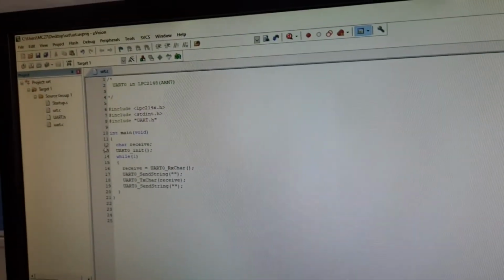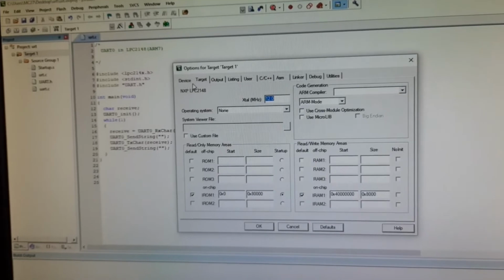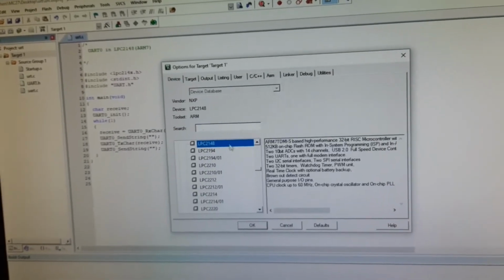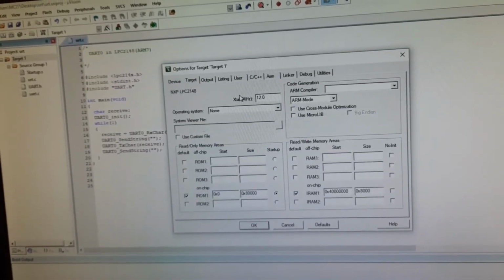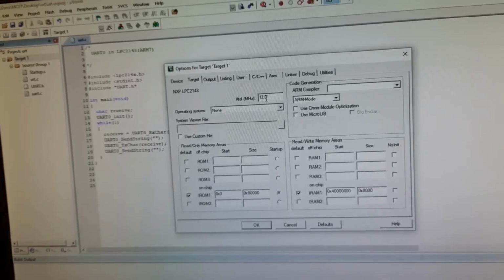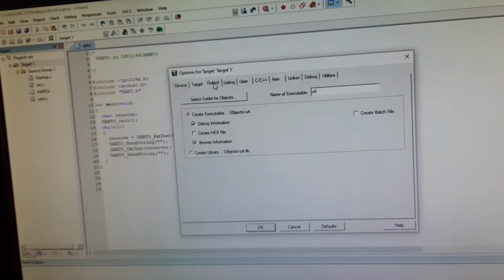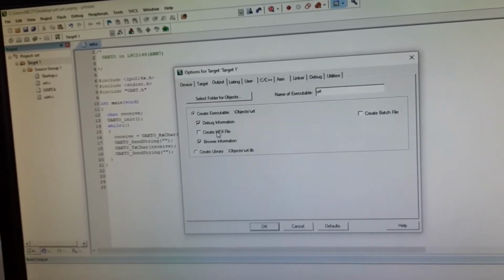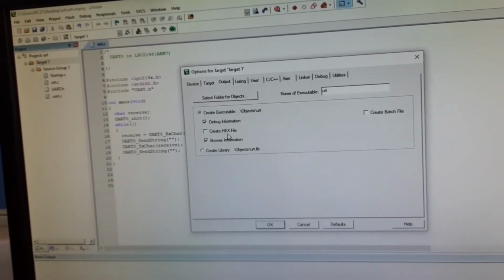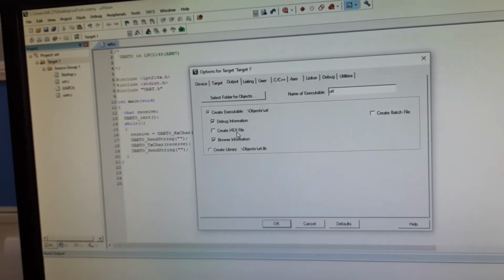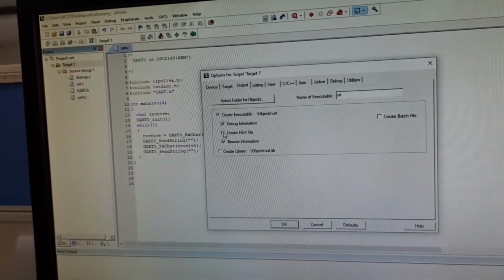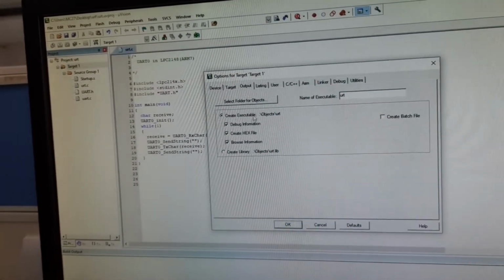Now go to target, right click on target, go to options. First select the device LPC2148, then go to target. Here the clock should be 12 megahertz, and click on use microlib. Then go to output. You need a hex file; hex means machine understandable language format, so here you have to create the hex file.